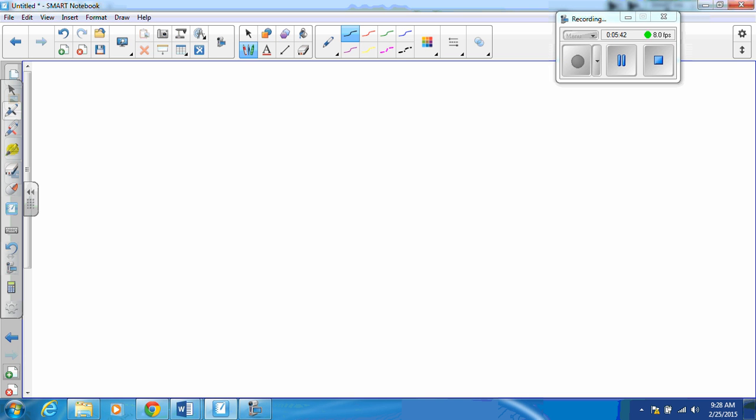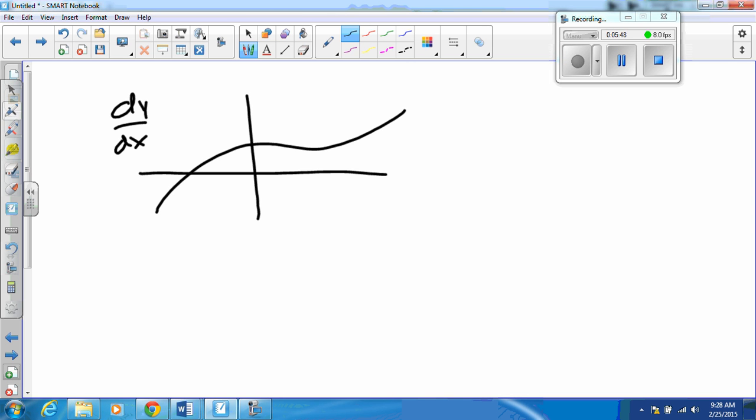The slope of a tangent line, dy dx, represents a rate of change, so that depending upon the variables that I'm talking about here, we're looking at a rate of change of this variable with respect to this one. So, for example, if I have velocity here, then dv dt, which is the slope of the tangent line, has a physical meaning. It has the meaning of acceleration.